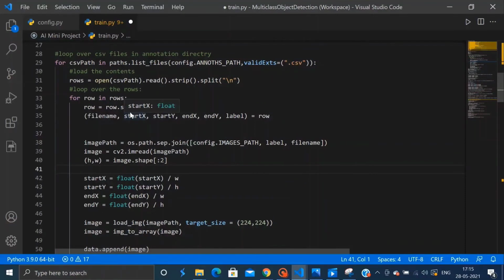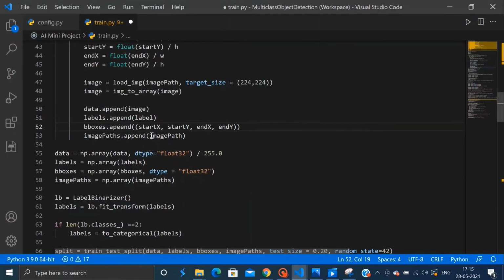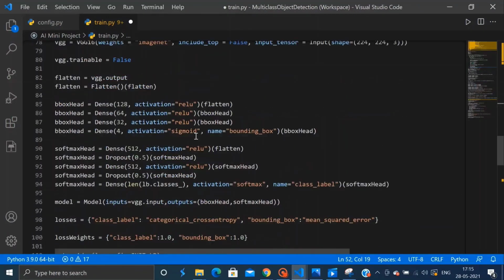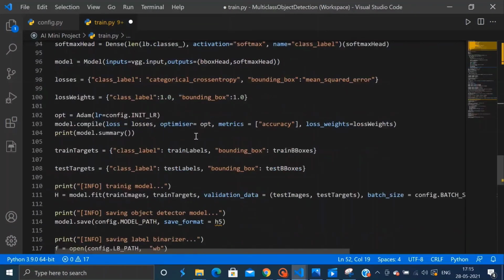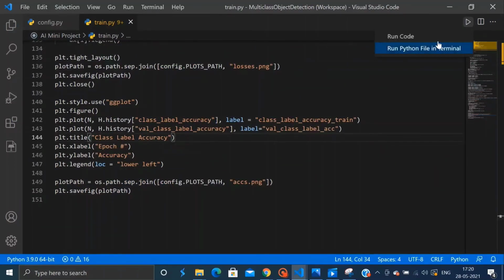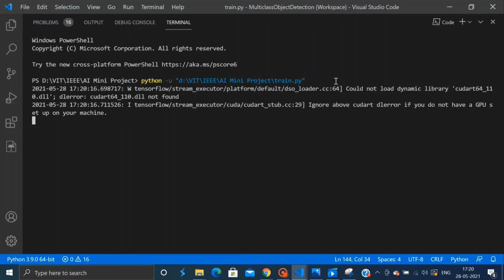Alright, so this was a huge error, and then another spelling error in the spelling of append. The H5 needs to be enclosed within double quotes. And then that is it. Let us run our file and hope that we don't have any errors.